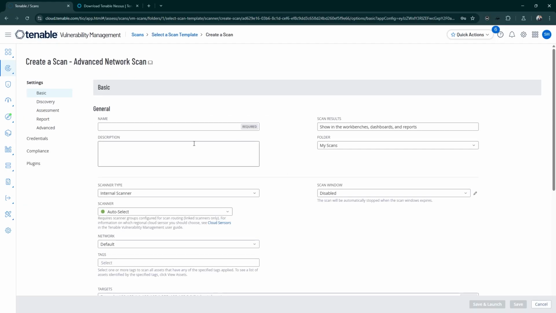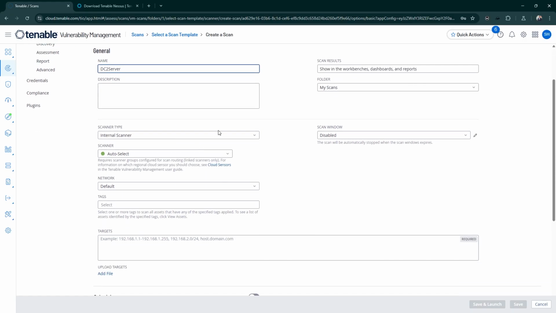In save configuration, give your scan a name. I have given a name,